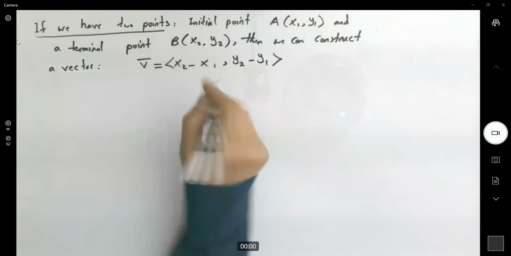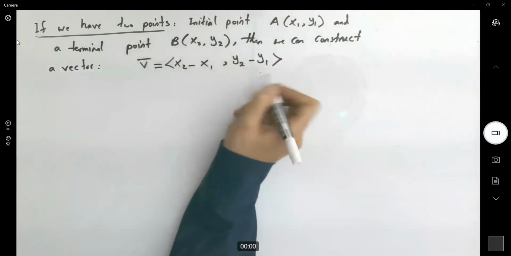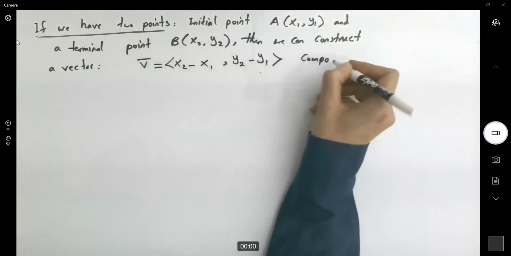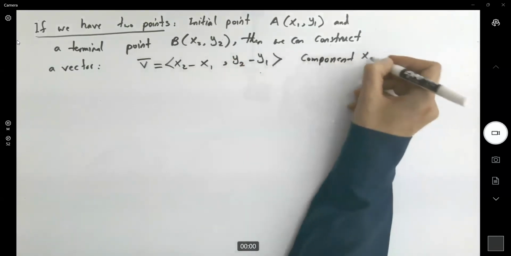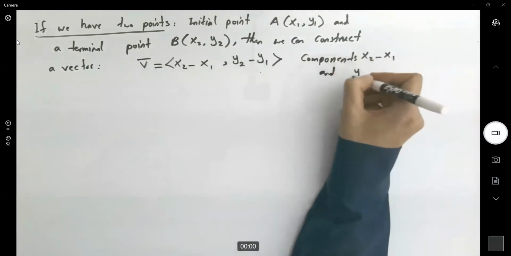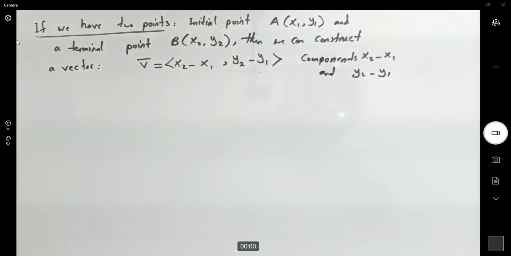Components: x2 minus x1 and y2 minus y1. Okay, so for example,